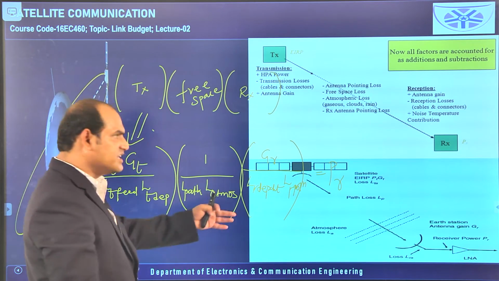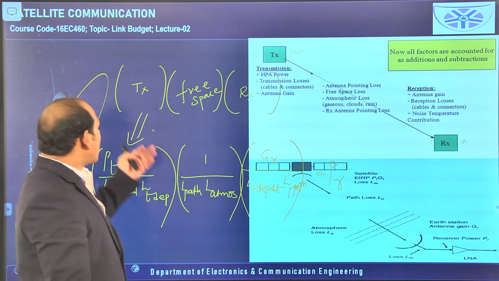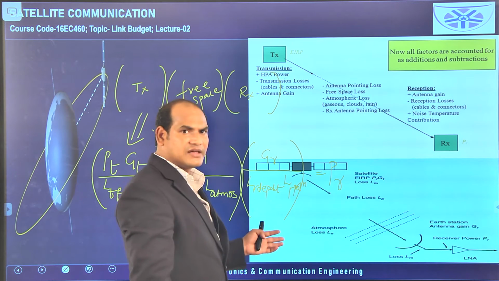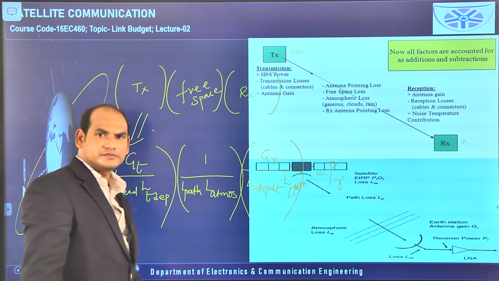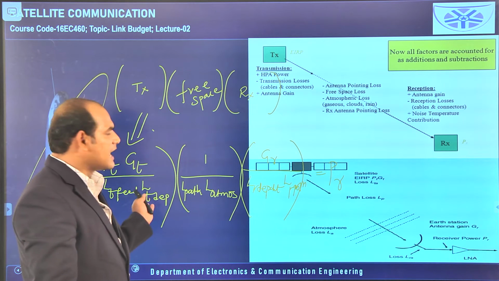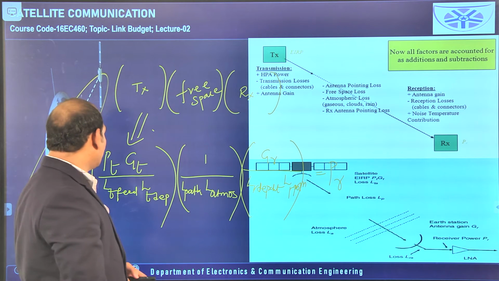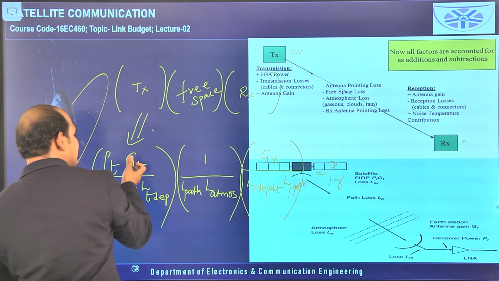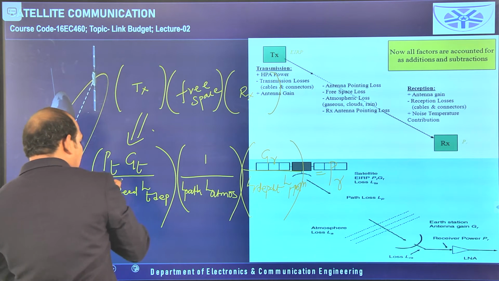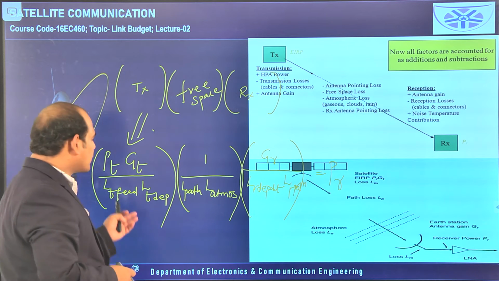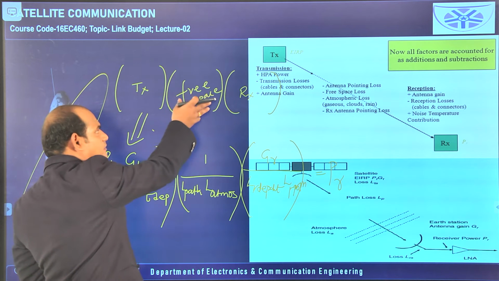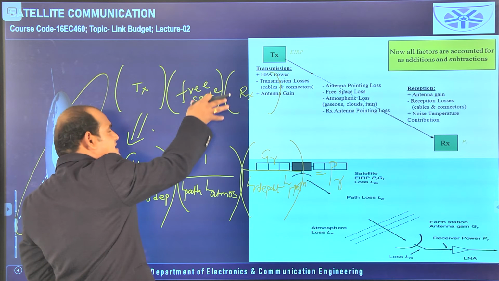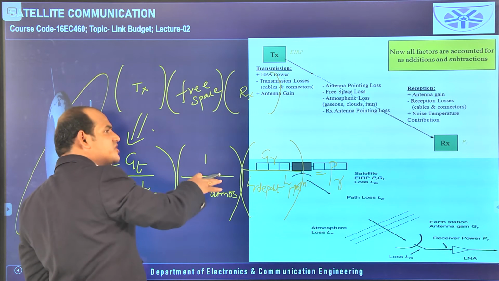So you no need to memorize this equation, you should know the concept, what is happening in the transmitter level, what is happening in the free space, and what is happening in the receiver level. If you know the concept, you can write the equation. Okay, practice this one many times, and you will get it by heart also, but you should know the concept. What is happening in the transmitter level? Because of the transmitting antenna, the gain is available, so that will be multiplied. And what is feeder loss, what is depointing loss, if you know, you can write easily. And what is happening in the medium or in the channel or in the free space, you can write these terms, because path loss and atmospheric losses are there, loss means a reduction, so that should be written in the denominator.